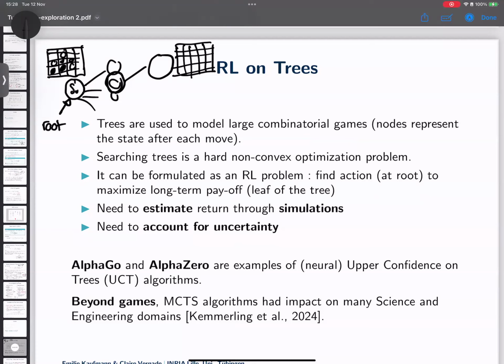And it's the same for the machine. Digging down this entire tree from the root node, exploring all the possible leaves from now and bringing that back to what is the action I should take now in my root node is extremely hard. So what they developed is a technique based on exploration and exploitation to explore this tree down the line and bring back an estimate of the reward function of each of these actions, which is going to be noisy. It's going to depend on the random values of some games, but it's going to give me an idea of what could be the next best move.